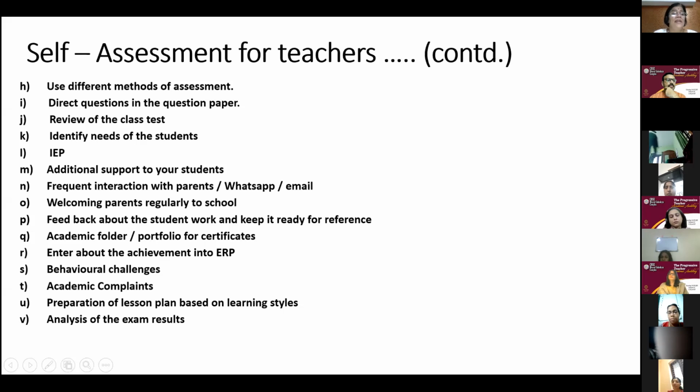Then academic complaints. Now there are various reasons for academic complaints, okay? Many holidays, lack of appropriate planning, not using the right method. Sometimes your students have different capabilities. Sometimes your students are either very gifted or not so very intelligent. Sometimes there is no support from home. So these are the reasons for academic complaints. Find out the correct reason, correct it, and work again, right?